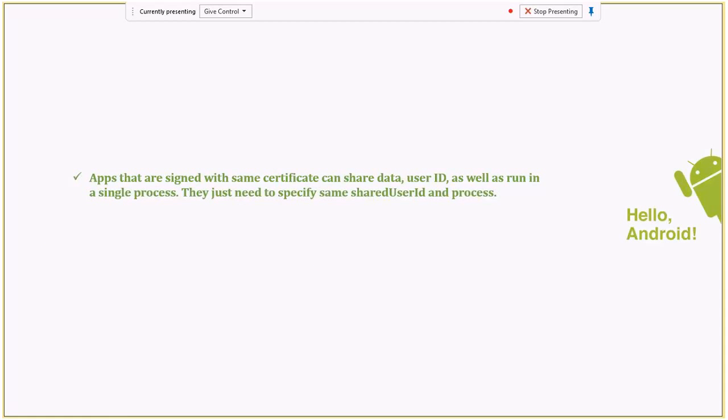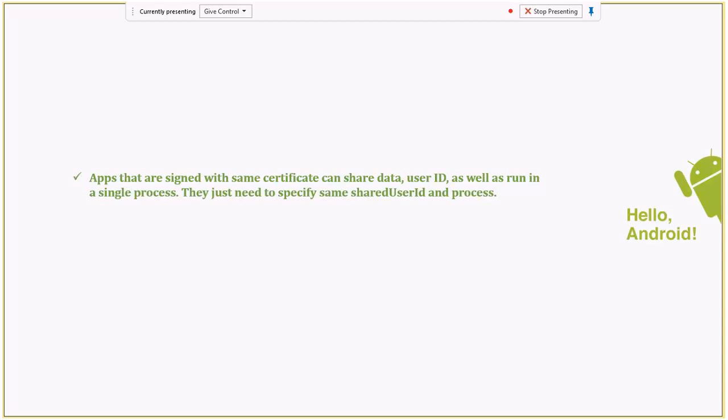As I was saying, two apps can run in the same process, or they can share a lot of data which normally is not allowed. Apps that are signed with the same certificate can share data and the user ID, and can be made to run in a single process. They just need to specify the same shared user ID and process.